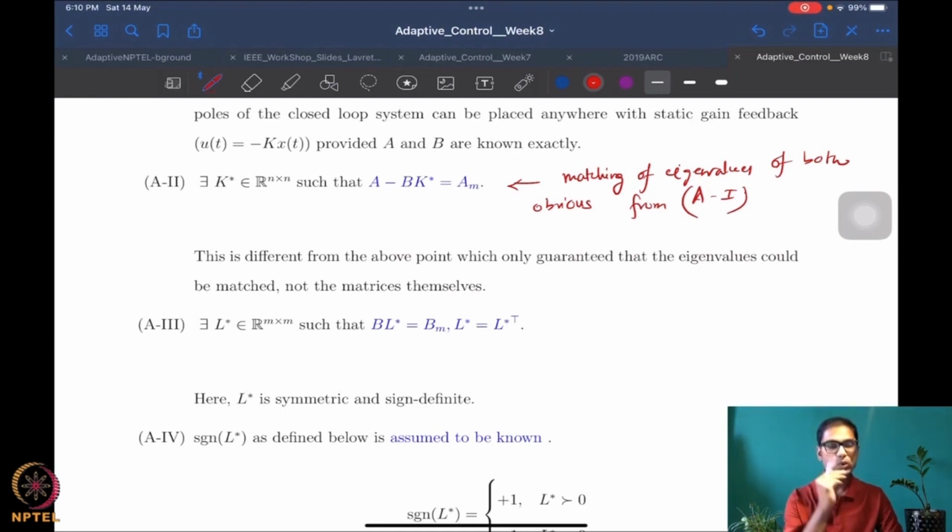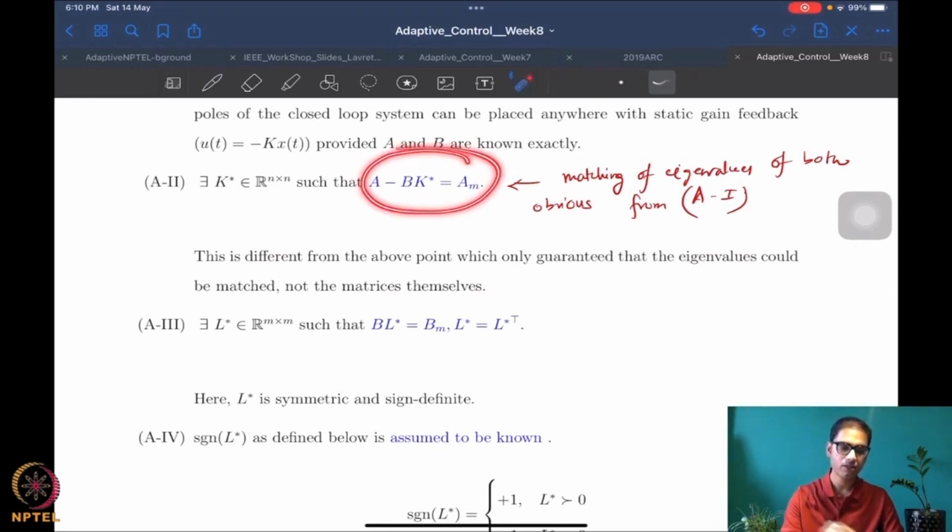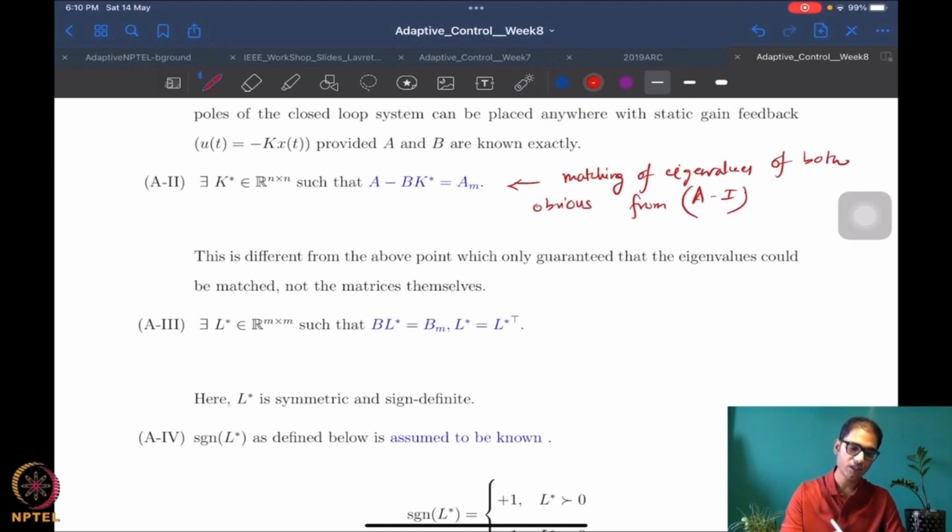The user or the designer may not specify AM that strictly, because in most cases we are interested in pole placement only and not this AM matrix itself. So it's very possible that you will be able to choose AM such that the eigenvalues are consistent with what the user wants, but it also ensures this kind of a matching happens. Okay, so sort of a justification